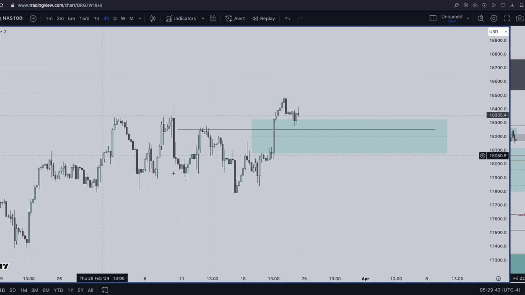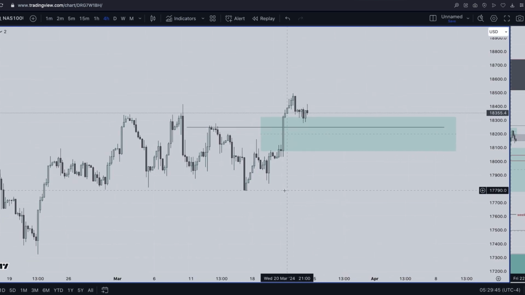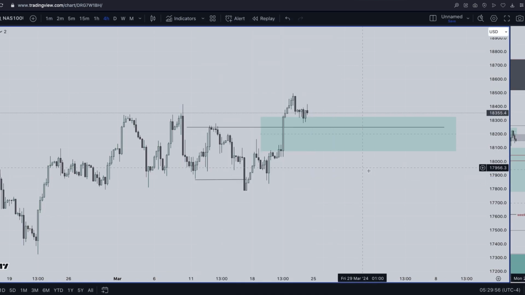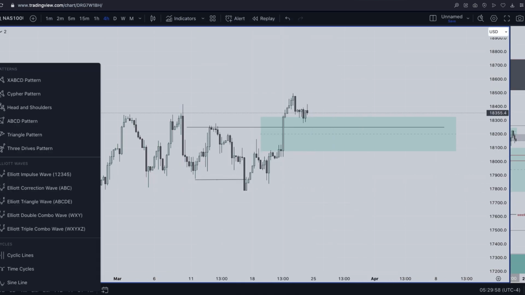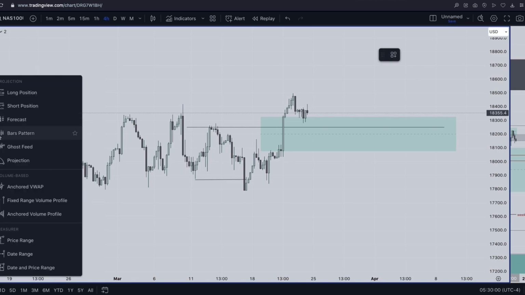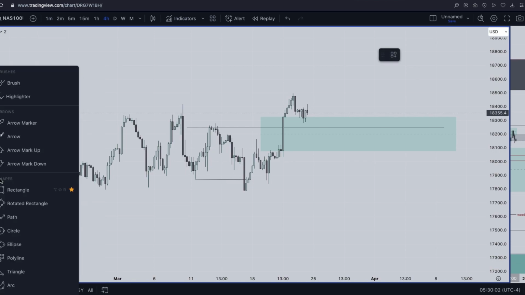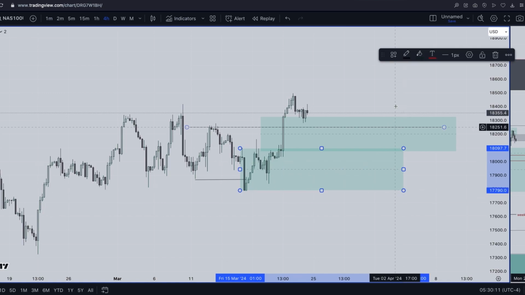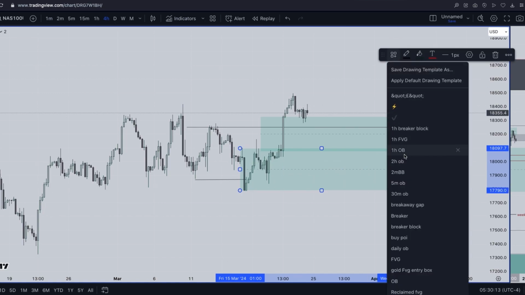So what do we have on 4 hour now? Looking at 4 hour, looks interesting. On the 4 hour, we can also see that we took out this low, right? And which candle took out this low? We can see this huge bearish candle here. There are two. 1, 2. You mark them. That's your order block. That is your 4 hour order block.